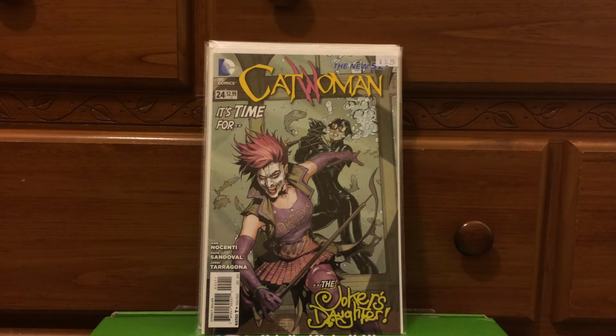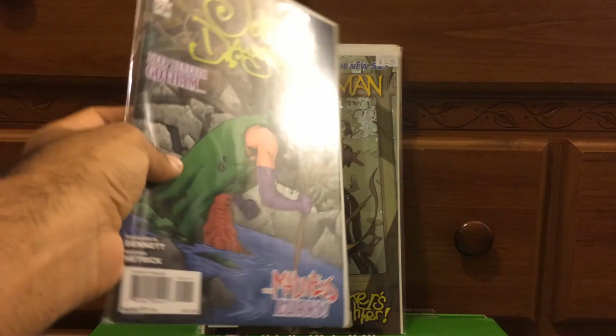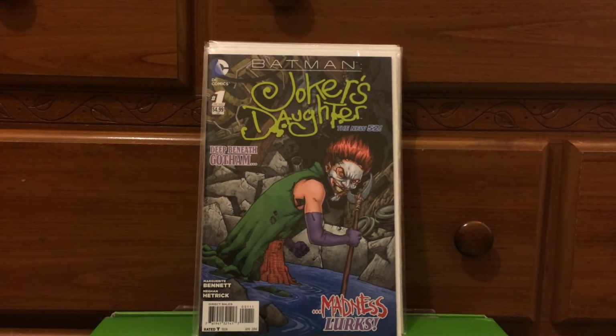If the other one is her first full appearance, then that would make X-Factor #5 Apocalypse's too. I don't get the whole first appearance thing. Personally, I think the first time a character is ever in a book should be the first appearance, and that should be it. Enough said. But there's a lot of things that change that, so I don't get the standard for first appearances. But I consider it the first full appearance. I don't think it's her first standalone. I guess her first standalone may be the